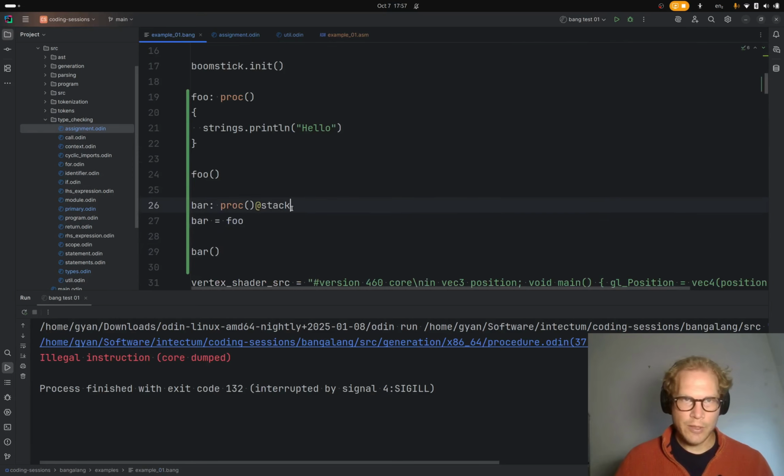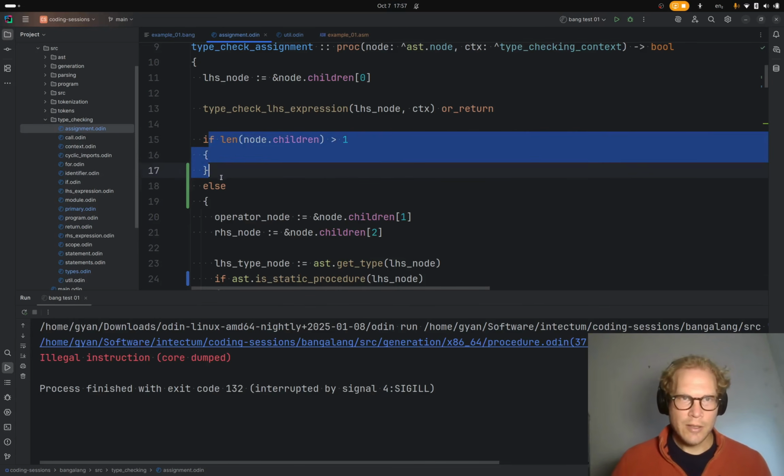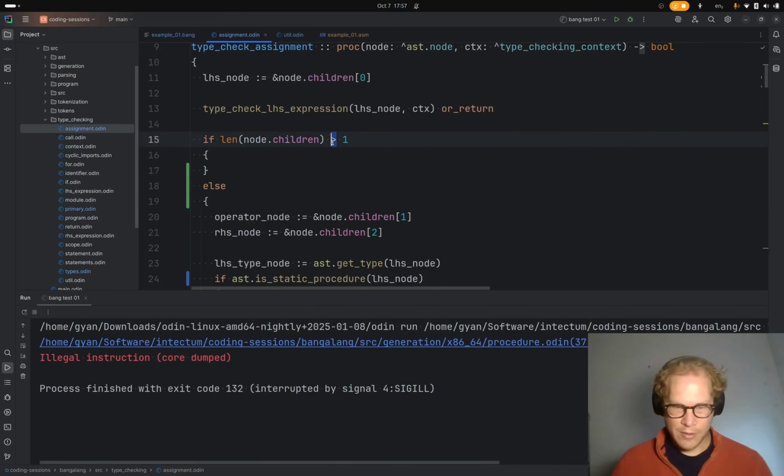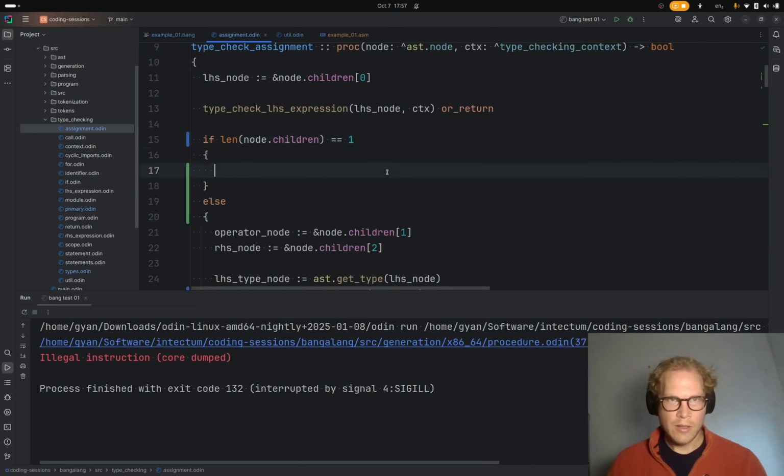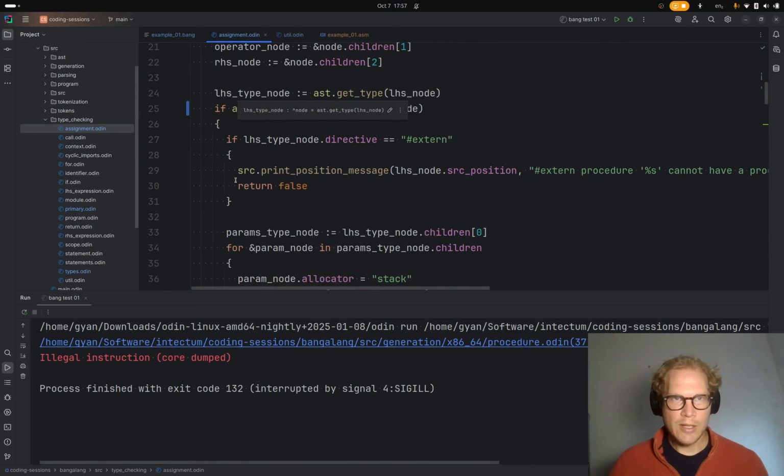Are we assigning to it, or is it just like this where there's no right-hand side? We're not going blah, blah, like that. It's just left-hand side. This is also just left-hand side right now. So if it's just left-hand side, see down here, we're saying if it's a procedure and it's extern,